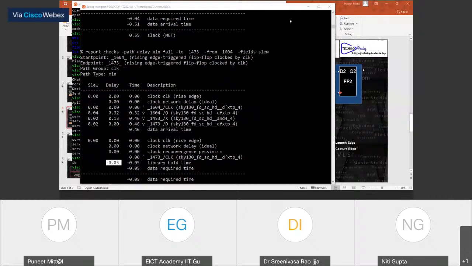If you say yes, then we'll try to understand. Okay, so maximum usable frequency calculation from the above analysis. What is this? Which analysis are you talking about?